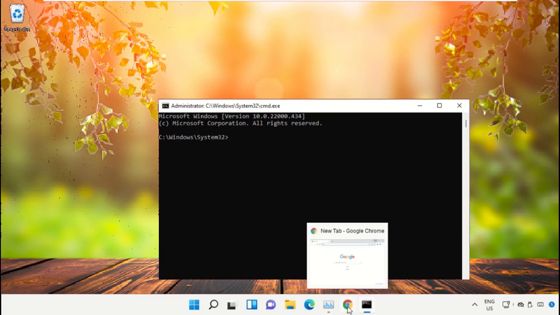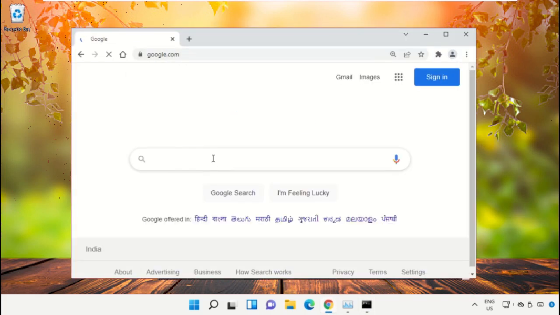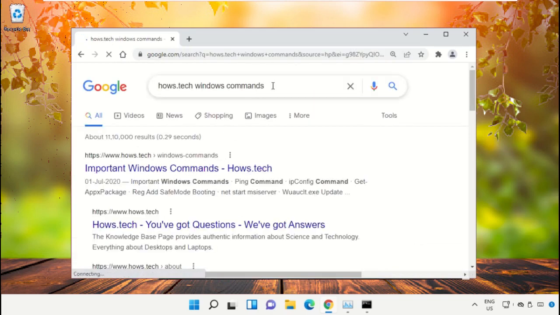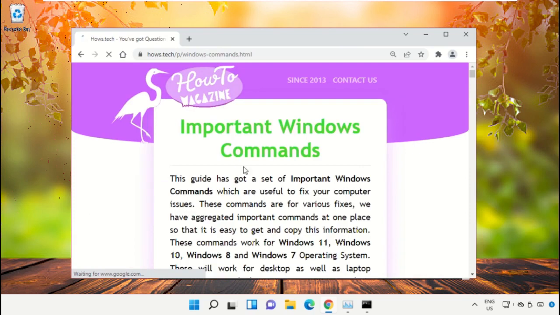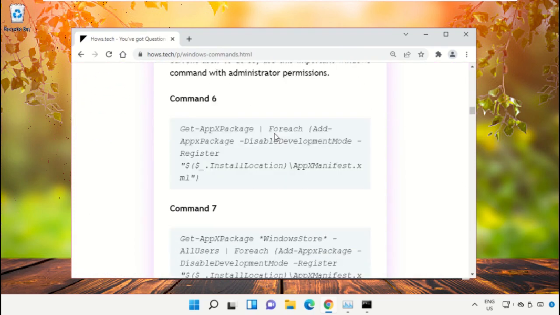So we need to open Google Chrome. Then open google.com. In the search bar type hows.tech Windows commands and hit enter. From the search results, click on this link which is from hows.tech. Now just scroll down